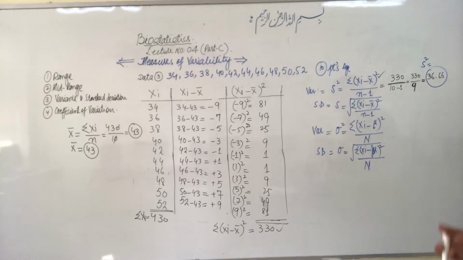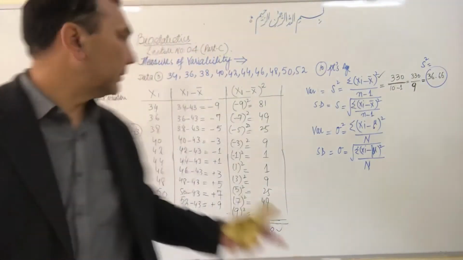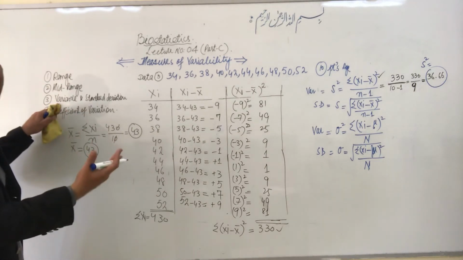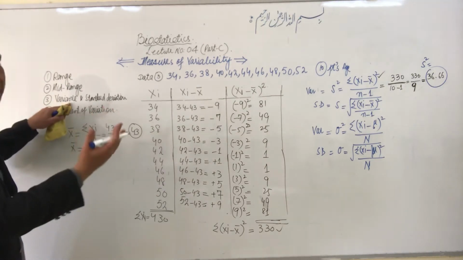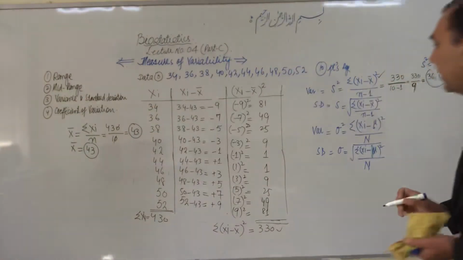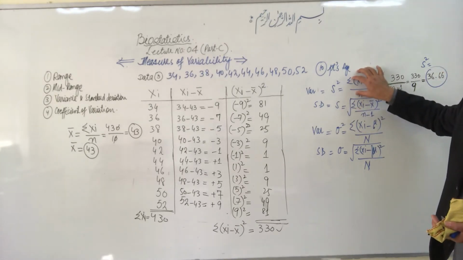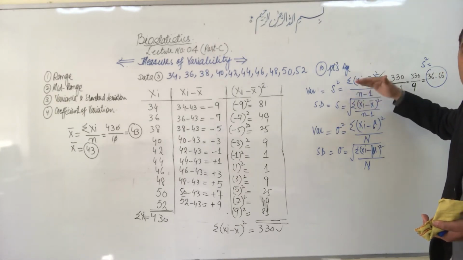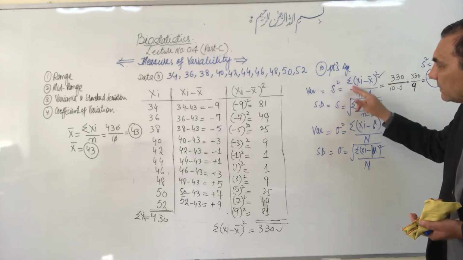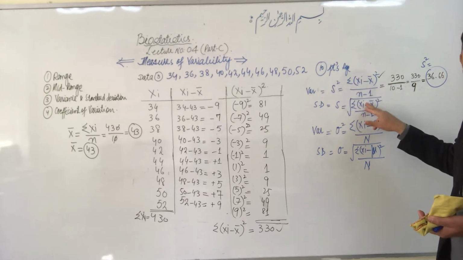Now the third part: for the measurement of the variability of the data, we measure the variance. Now the second one is called the standard deviation. For the standard deviation, as I told you earlier, the formula is the same, just like we calculated the variance. In the standard deviation formula, we remove the square and put the square root on the same formula.